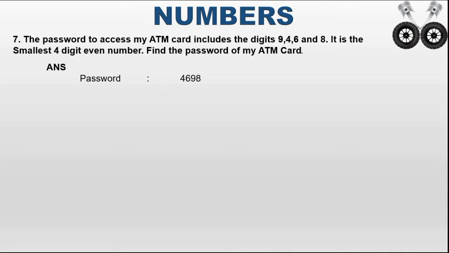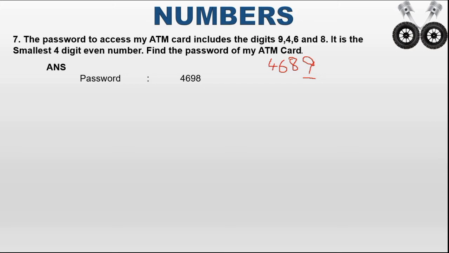Okay. So I can form the smallest number. How can I form the smallest number? Which is the smallest number here? 4 is the smallest number. The next smallest number is 6. Okay, what is the next smallest number? 8. What is the next smallest number? 9. If I arrange the number like this, what will happen? What is in the ones position? It is 9. That means this number will become an odd number.